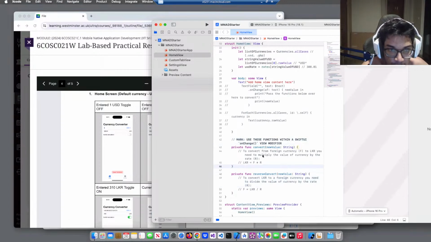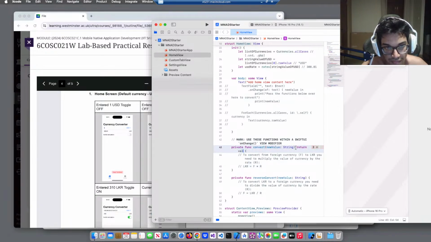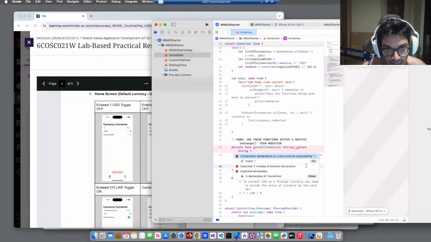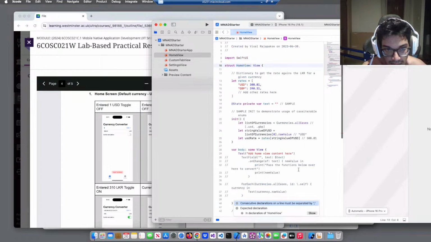So if I do an onChange, make these functions within a SwiftUI onChange modifier. Right, so when I do onChange, it should basically return whatever the right, okay. So I'll just do return a string. I think what I can do here is probably look for